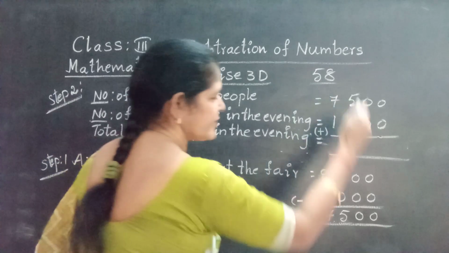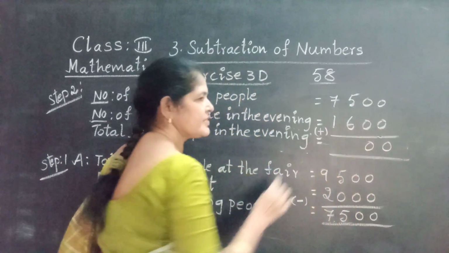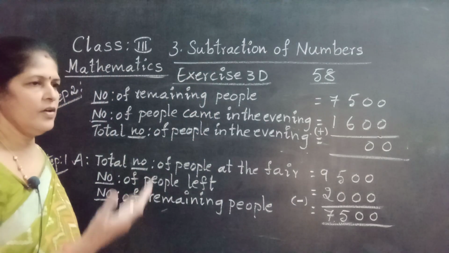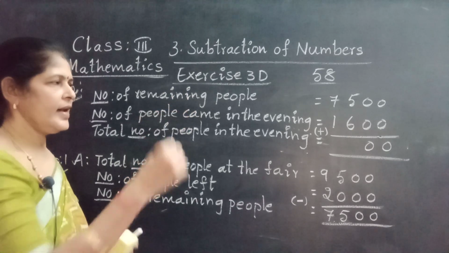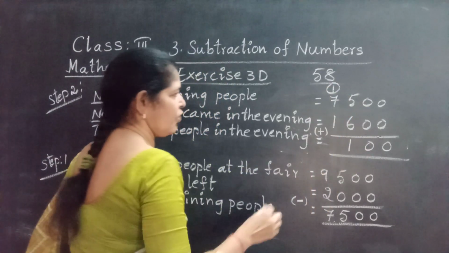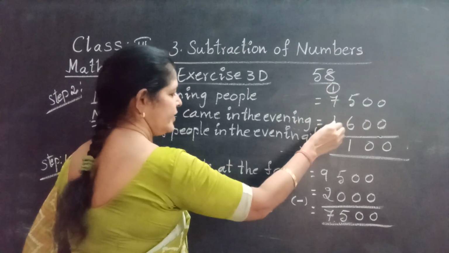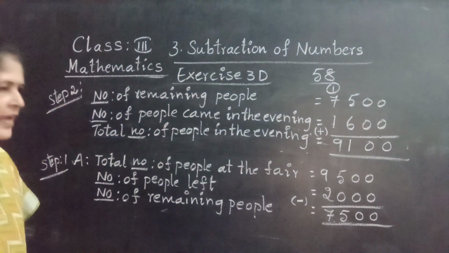Now get the answer by addition. 0, 0. 5 plus 6 using addition. 5 fingers, 6 after: 7, 8, 9, 10, 11. Two digit number. 1 and 1 carry over. 7 plus 1, 8. 8 plus 1, 9. Total people in the evening